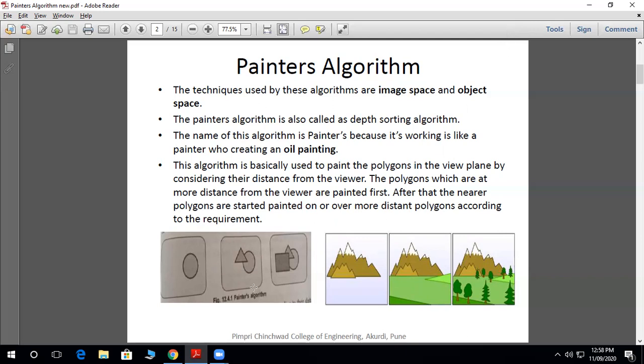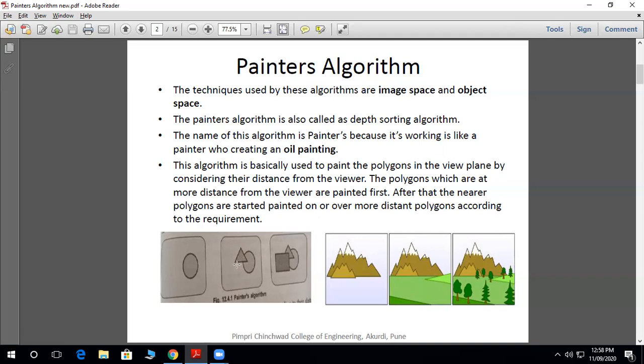Here you can see this particular figure. The whole canvas is painted first with some background color. On top of this, a circle is painted, the first figure. Then in the second one, on top of this circle, the triangle is painted.